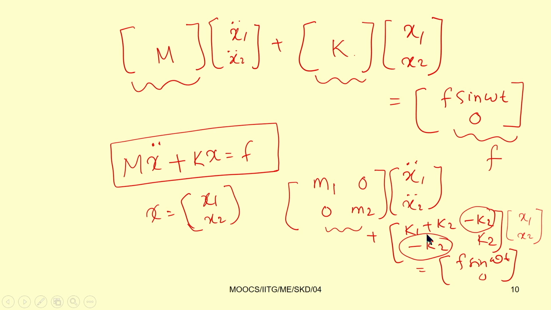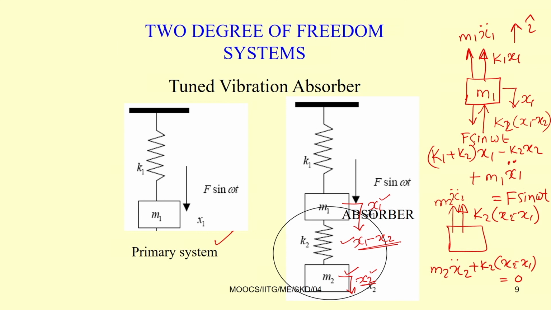Now we can introduce nonlinearity in the system. For example, let us put this spring to be nonlinear. We can write k1 with nonlinearity alpha, so in this case we have another force, alpha x1 cube, and this equation becomes nonlinear. Similarly, we can introduce a nonlinear force between this and this, so in addition to k2 we can have another nonlinear term, and we can write down this equation of motion.